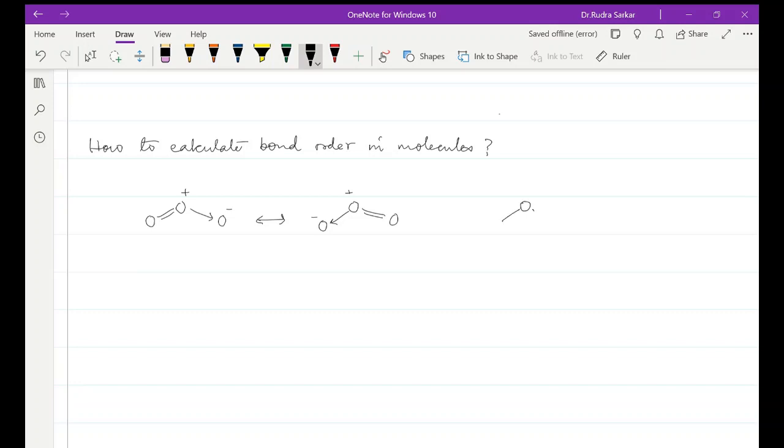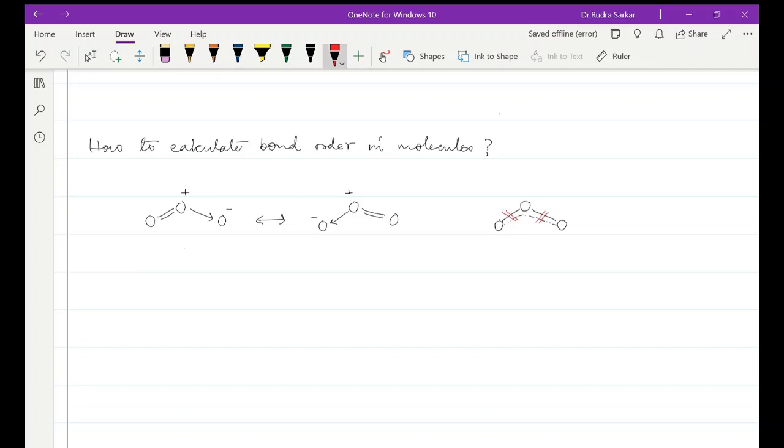The resonance hybrid will be this structure in which the electrons are completely delocalized over all the atoms, and we will say this bond length is equal to this bond length. Okay,